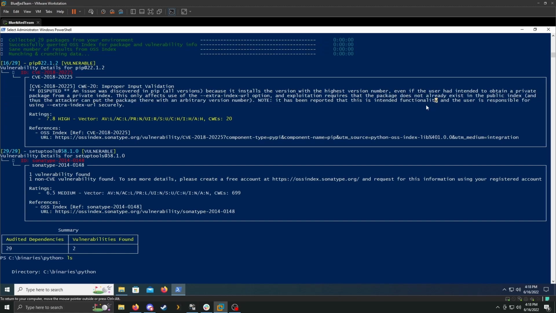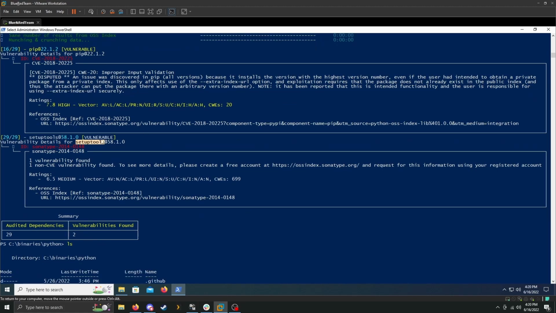So even though some of the vulnerabilities that come up are intended functionality from the creators of each package, it is still important to know because it does state that the user is responsible for using this option securely. The second vulnerability is the same setup. It has the tool name, the version number, some information on the vulnerability, the CVE score, and then any references